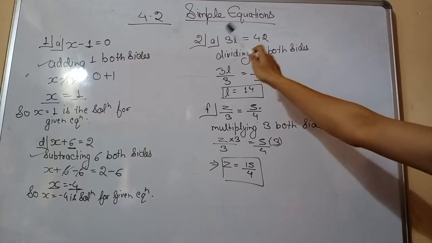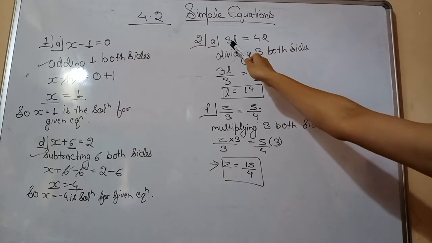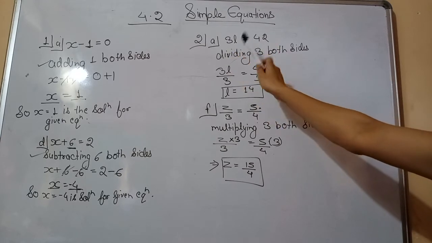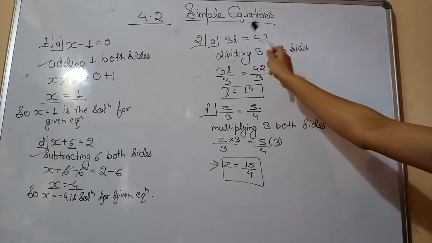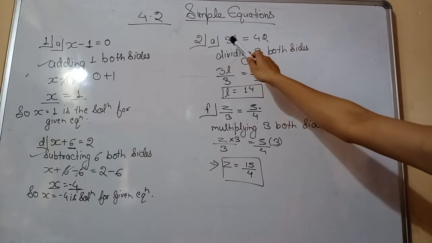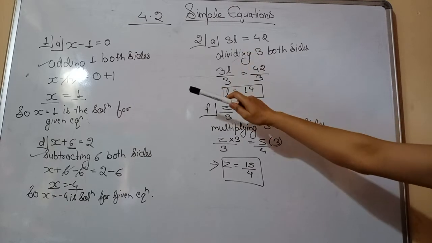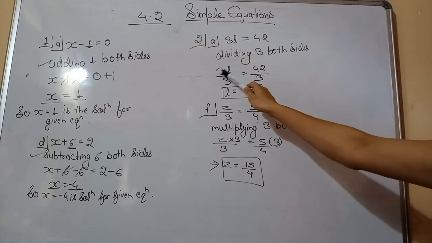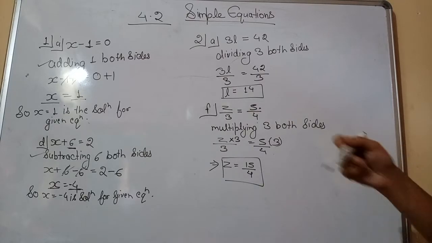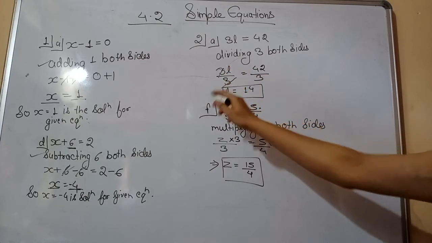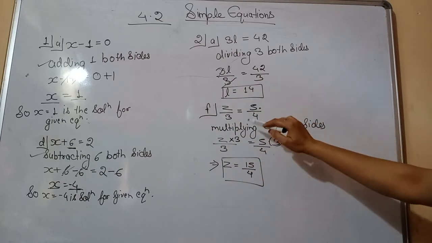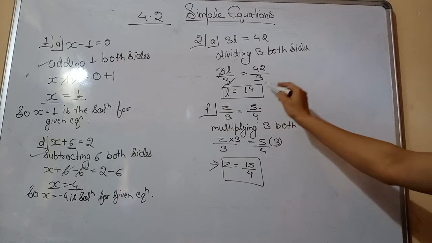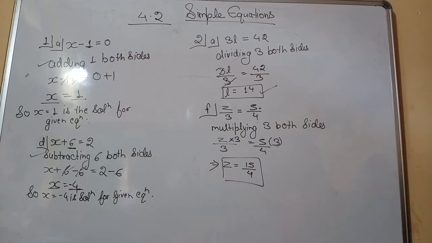Now see which constant is on variable side. Constant 3 is on variable side, or we can say constant 3 is with variable. 3 and l are in multiplication. So what you will do? You will divide 3 both sides, because in equation these two are in multiplication. So dividing 3 both sides, 3l divided by 3, 42 divided by 3. Now 3 upside and downside, these two cancel out. What is remaining left? Remaining left is L. And 42 divided by 3, how much we will get? 3 1s are 3, 3 4s are 12. So L is equals to 14. We can say L is equals to 14 is the solution for given equation.